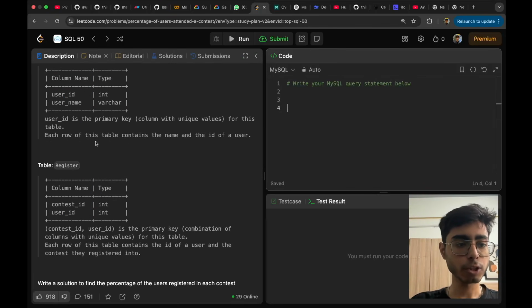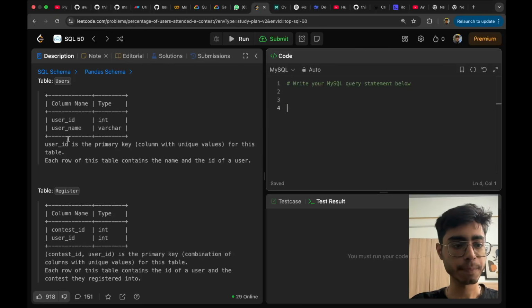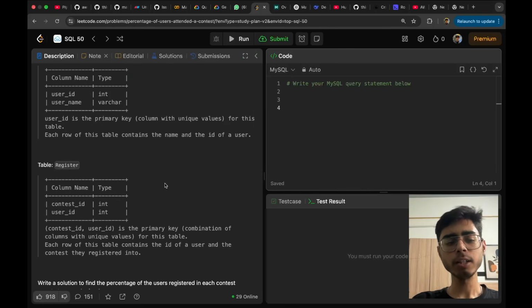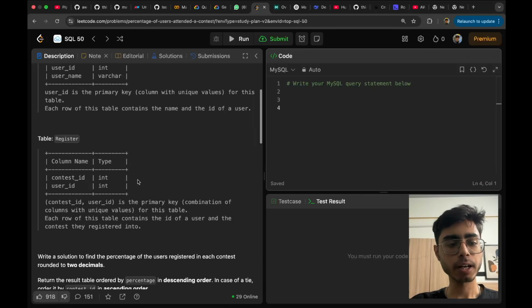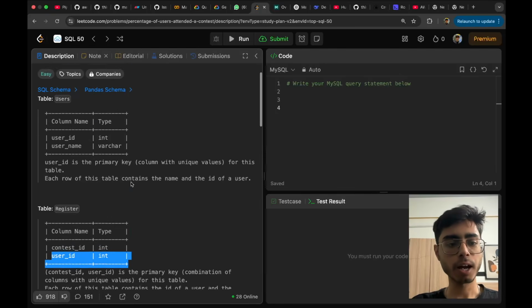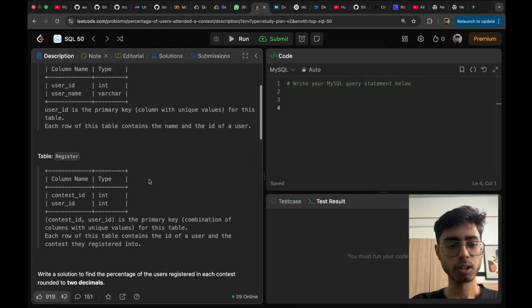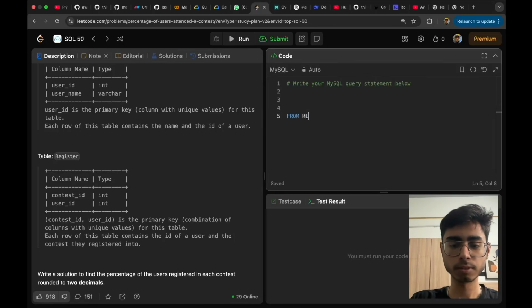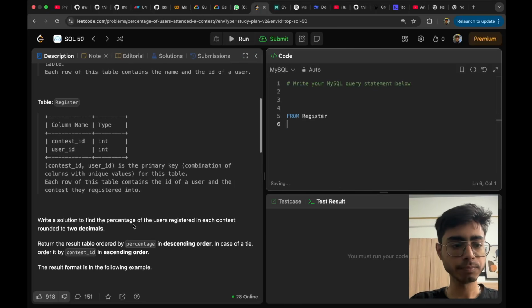Okay, so first of all, I'll be joining these two tables on user ID. Okay, wait. Do I need to join them? I don't think so. Because at the end, I just need the number of users in this table for this contest ID and the total number of users in this table. So I can directly work with the register table. So from this register table,